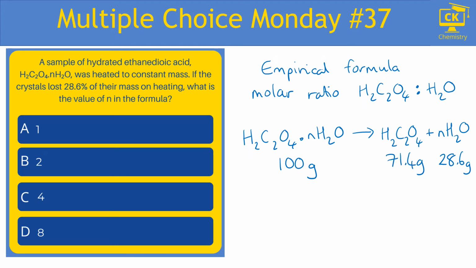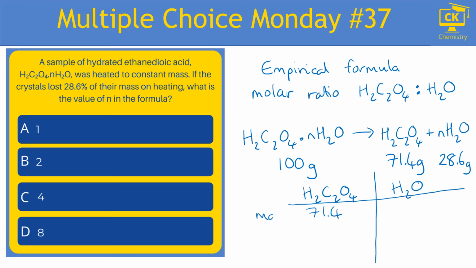From here, we're going to do what we would do with an empirical formula. So there is my acid. Here is my H2O. I have masses, so 71.4 grams and 28.6. From mass, we can use the molecular masses to work out the number of moles. So the molecular mass of H2C2O4 is 90. So if I divide 71.4 by 90, I get